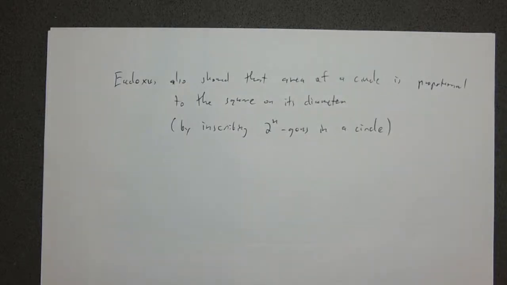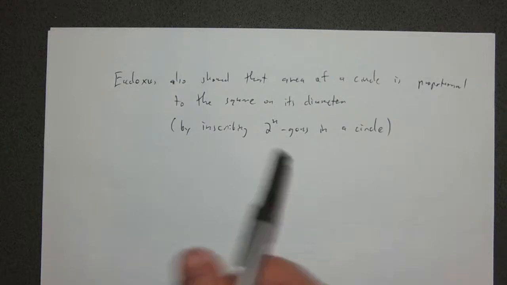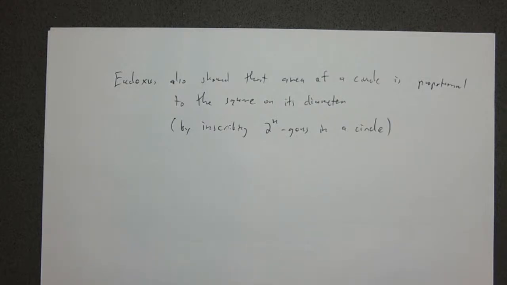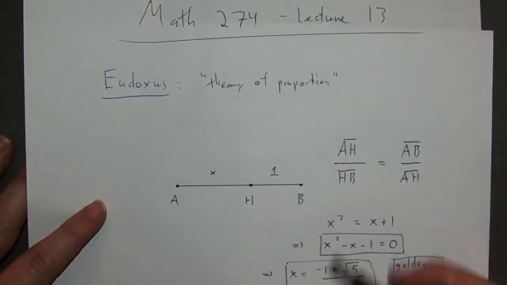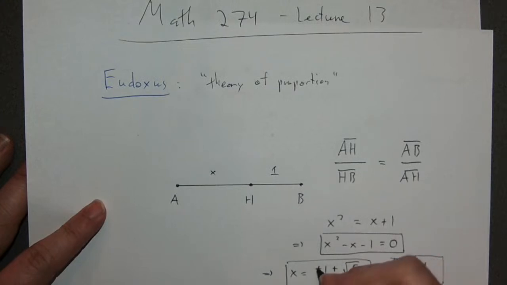Alright. So by inscribing these 2 to the n-gons and picking a value of n that's large, this was it. Oh, you are right that in the previous one, minus b would be plus 1. So typically this would be plus 1. Why did I write minus 1 there? Did I just screw up, or was I doing something else?